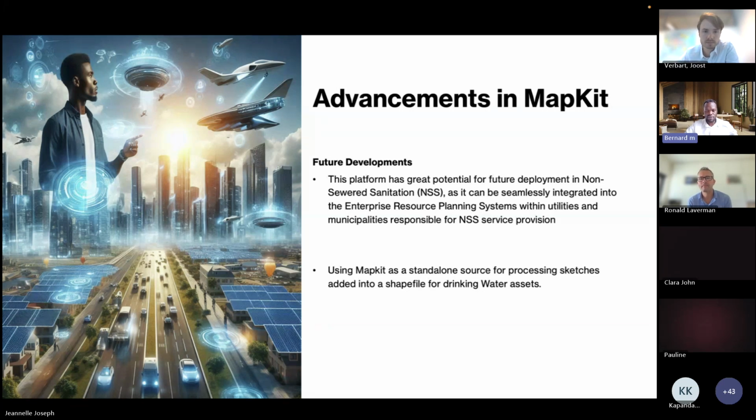So I think, already having worked with wastewater, there's a few ideas that we can learn from, and also learn from you who are already working in this particular sector. And I think there's potential to develop a module in MapKit that actually speaks to the non-sewered sanitation part of